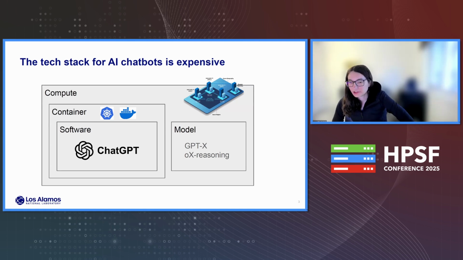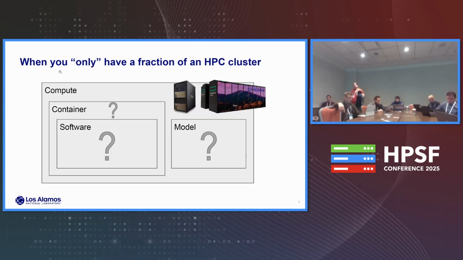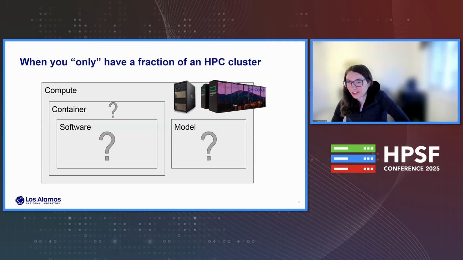And we can assume under the hood, they've got Kubernetes running Docker containers. Maybe that's not accurate, but I think it's a safe assumption. So what are you going to do when you don't have that regional network of data centers? Instead, you only have maybe one standalone box. I've got a picture of a DGX standalone box that seems to be popular. You can buy it off the shelf. And then I've got a picture of our open science cluster at Los Alamos called Chicoma that has GPUs.